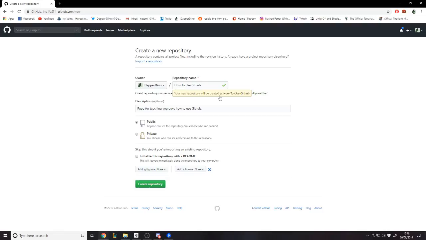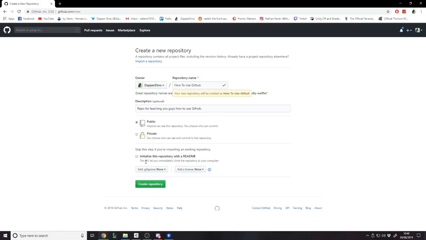But most of the time, people aren't just going to be coming to your random projects and looking through them for bugs. Maybe in big pieces of software that are open source. But for your own personal Unity project, public's fine. If you're making an actual commercial game to publish and you're worried about people stealing the code, but you still want to use GitHub, then obviously you might have to pay for private per month, but public will be fine for